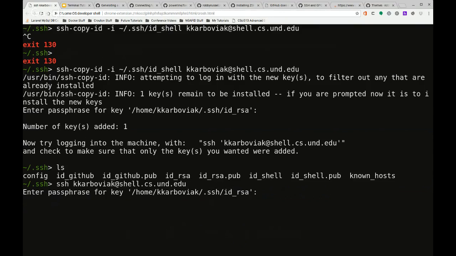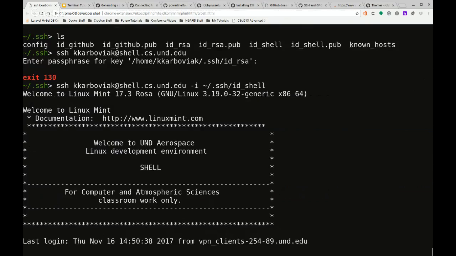Okay, so actually I forgot. I already registered the ID RSA onto shell, and so let me try canceling out of this. And let me do the -i, SSH ID shell. Okay, there we go. So you can see when we use the identity file, it didn't ask us for our